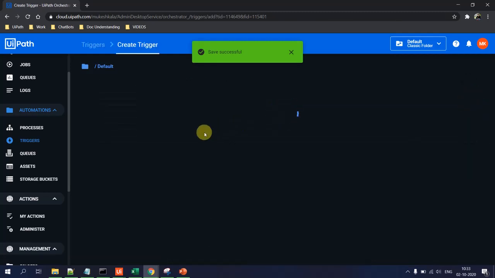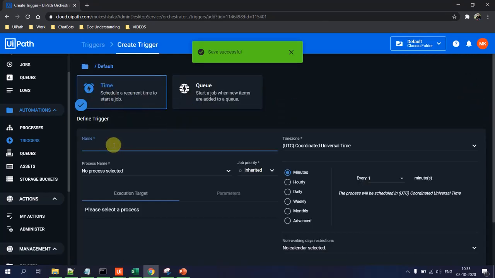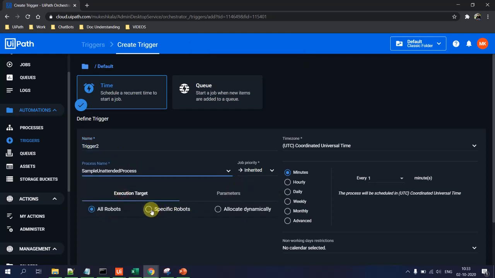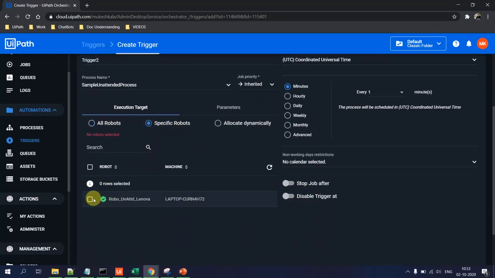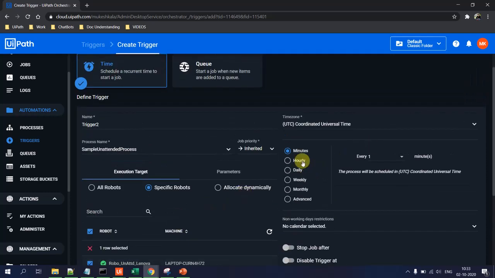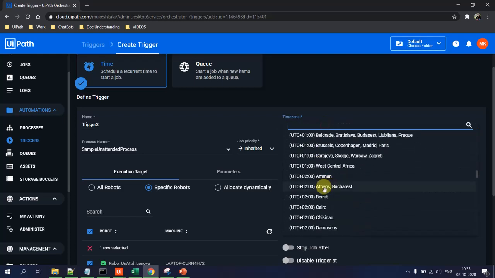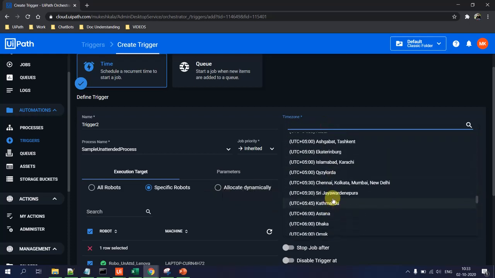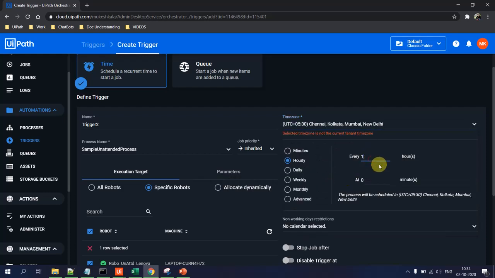Okay, that is in a minute. I'll quickly go and add one more trigger, trigger 2. The process is this one, specific robot, this guy, and I'll select UTC plus 5:30. So that was at 10:35, this would be 10:36.